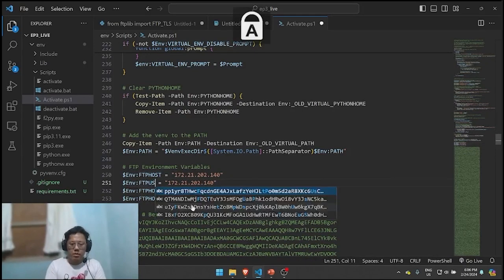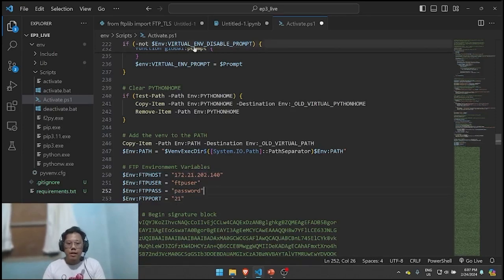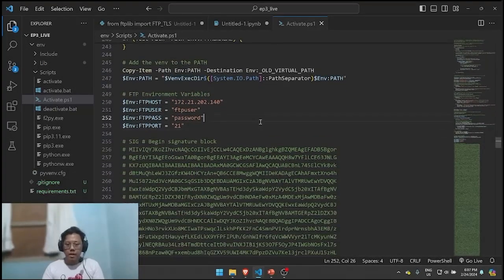FTP user, FTP password, and the FTP port. The username is FTP user. Password is password. Port is 21. Yan. I'll save this. And